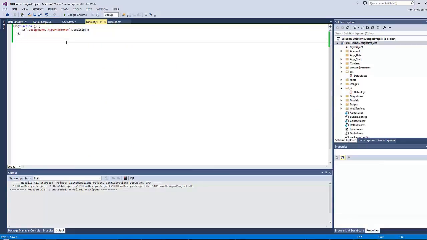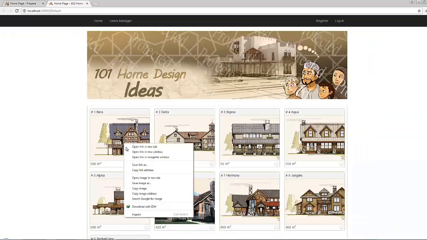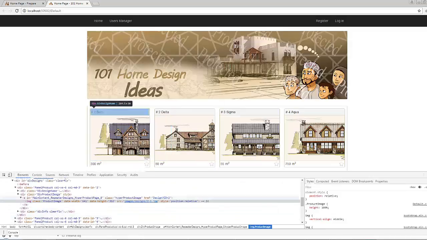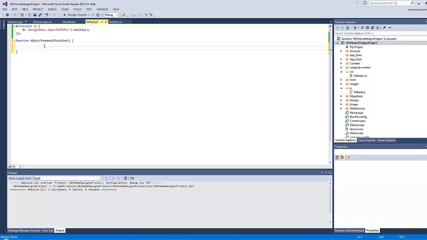First, I will define a function here called adjust thumbnail position. So function adjust thumbnail position. Okay, and for each product image, so this image has a class of product image. So for each product image, what will happen? Var original image width equals this dot data of width. Okay, we will also define a new variable called original image height equals this dot data height, and